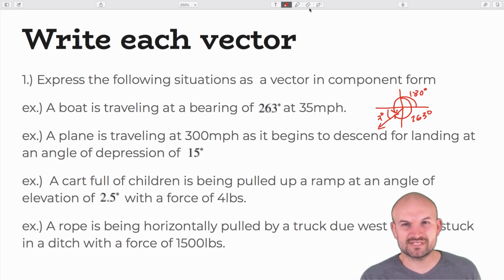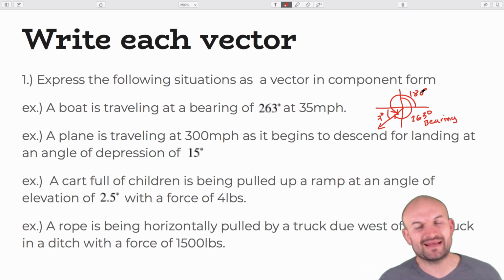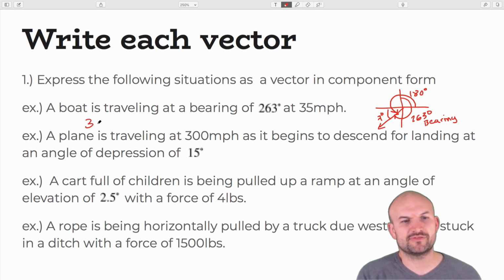So it's really, really important. Let me actually change that up. There you go. So you can see from here to here is 7 degrees. From here to here is 263 degrees, but that's the bearing, right? Well, when we're using our calculator, we can't use the bearing. We have to use our angle. So therefore, the standard form is going to be 187. Sorry, that's the angle. How far am I traveling? 35. So it's going to be 35 times the cosine of 187